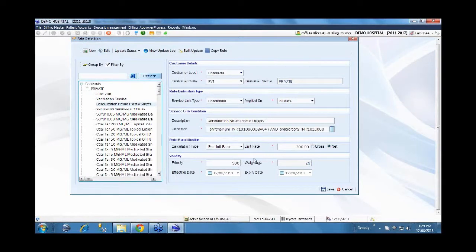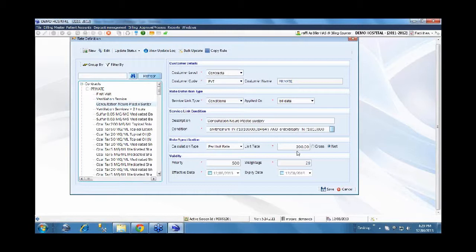In that case, in most cases we will create a separate charge code, like consultation neuro and consultation plastic surgery, duplicating it in the service master, charge master, and specifying a different rate. The user, while doing the consultation, has to pick the right code and then charge. Only then will the system pick the charge.